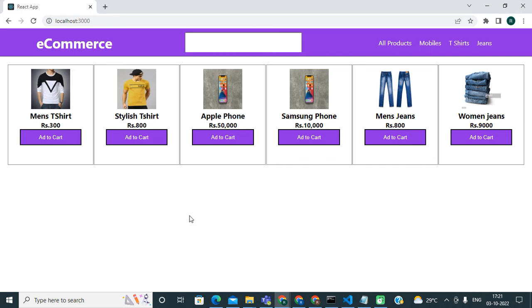Now in our upcoming video, what we will do, we will just display these products under these specific categories, okay. So basically right now you can see all products are coming on home page, okay. So obviously first time we will display all products to user, okay. And after that, if user just wants to see products related to mobiles, and if he clicks on this mobile tab or mobile link, then he should be able to see only mobiles. If he clicks on t-shirts, then he should be able to see only t-shirt related products, something like that, okay